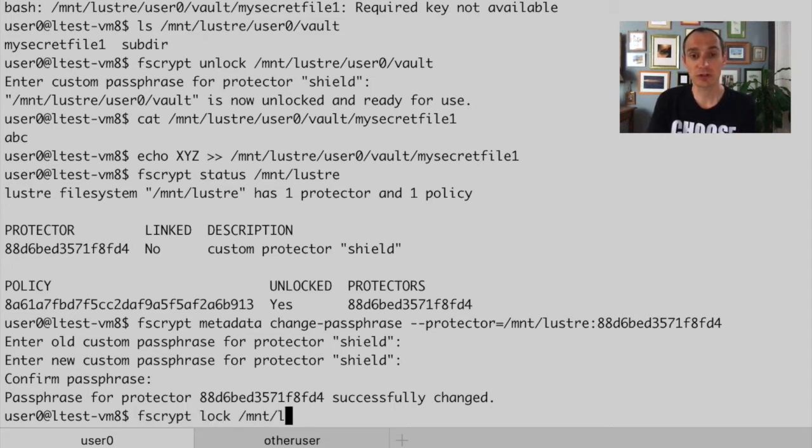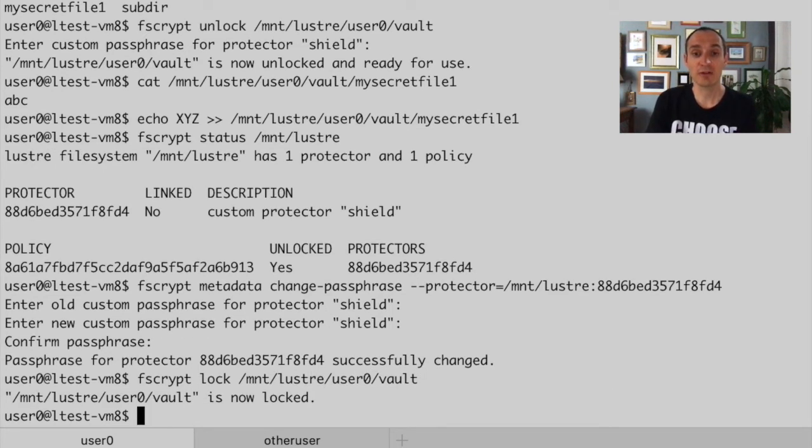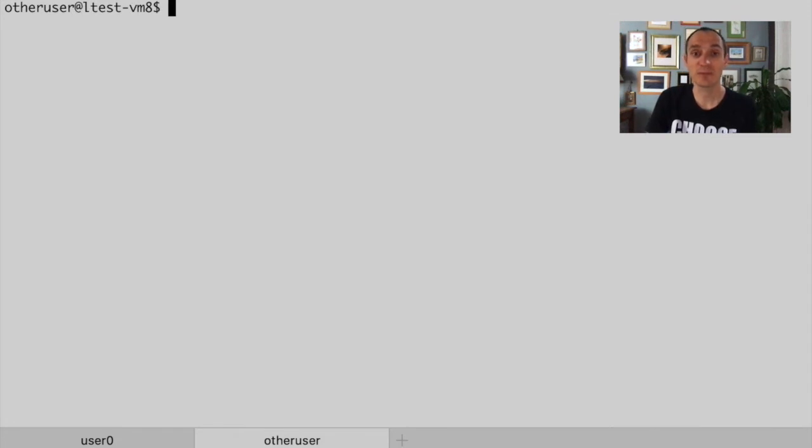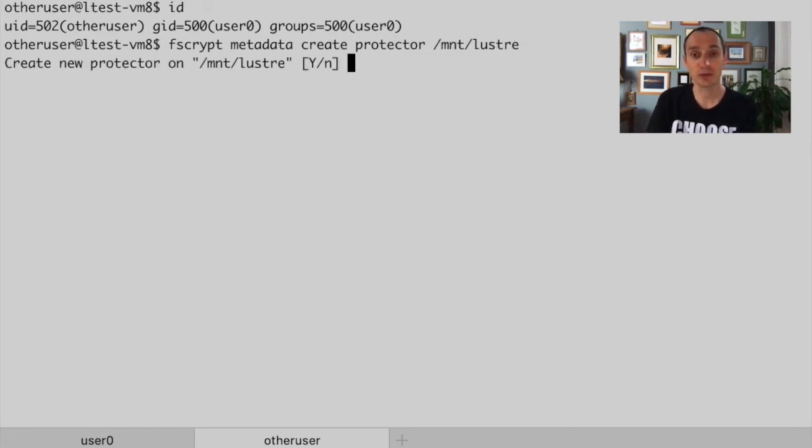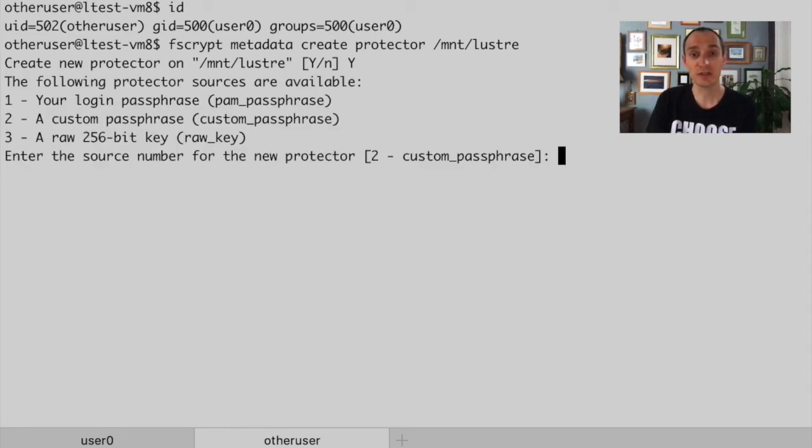So now let's lock again this directory and leverage another mechanism offered by FSCrypt, which is the ability to use multiple protectors for the same directory. So here we have a different user named other user, and this user is part of the same group. So first, let's create a protector for this other user. We use a passphrase, we name the protector armor,